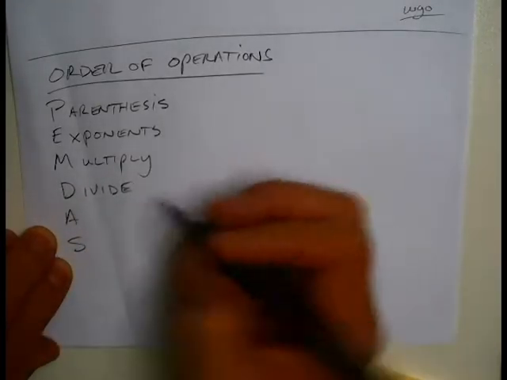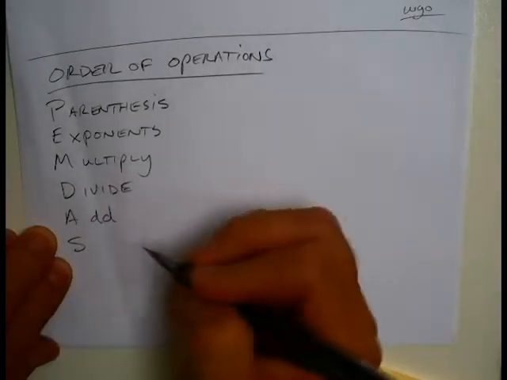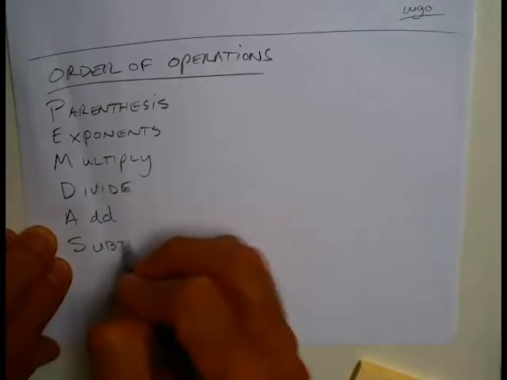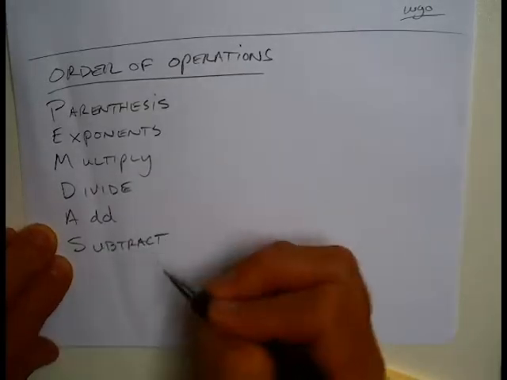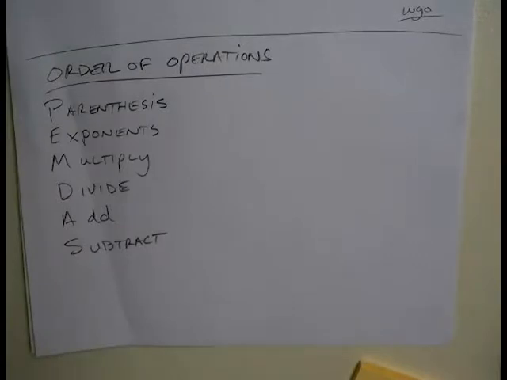Then multiplication, division, divide, add, and subtract. Does anybody know some additional detail that we need to add to this? Because if you do it just like this,